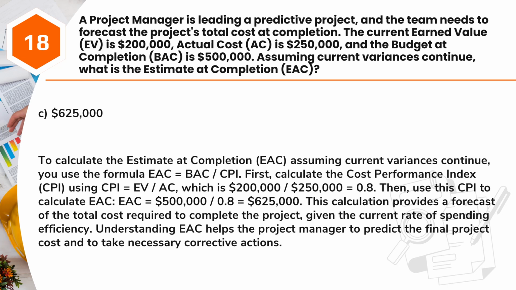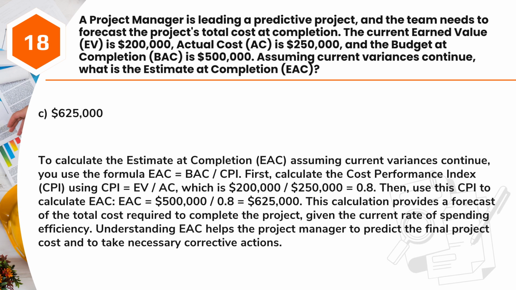Answer: C. $625,000. To calculate the estimate at completion, EAC, assuming current variances continue, you use the formula EAC equals BAC/CPI. First, calculate the Cost Performance Index, CPI, using CPI equals EV/AC, which is $200,000/$250,000 equals 0.8. Then, use this CPI to calculate EAC. EAC equals $500,000/0.8 equals